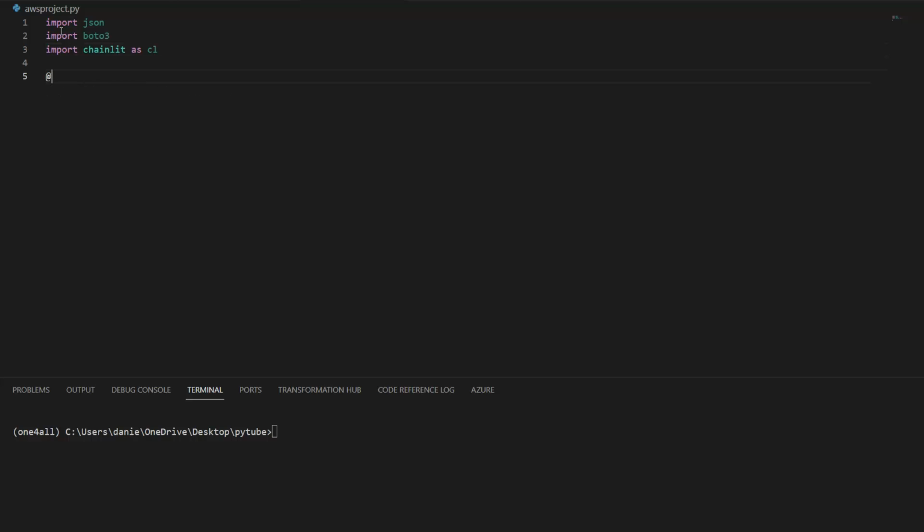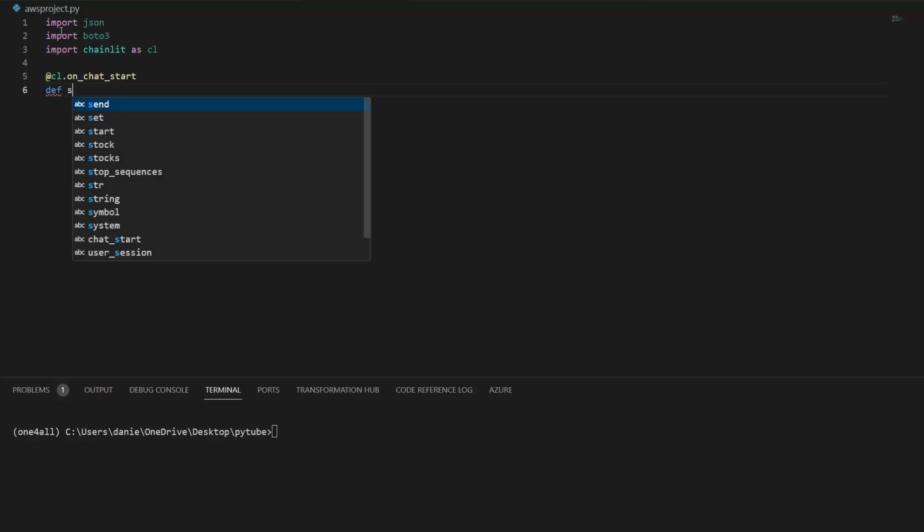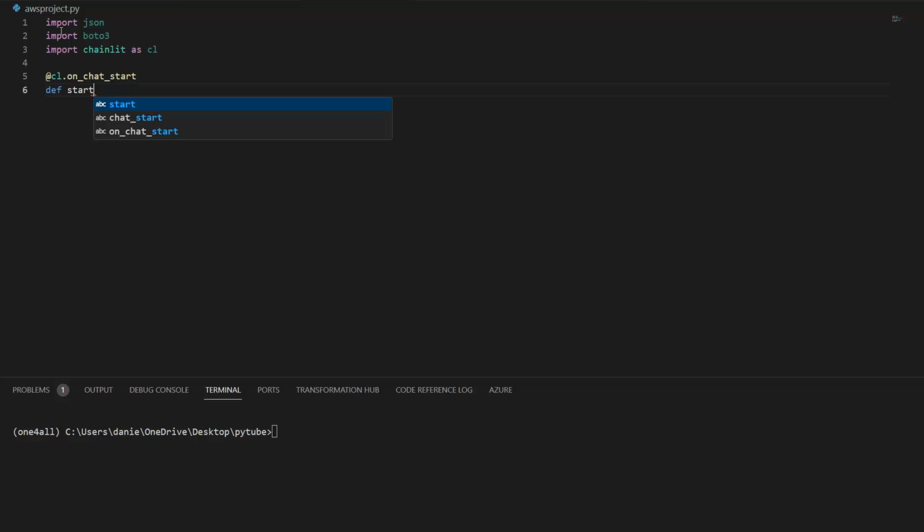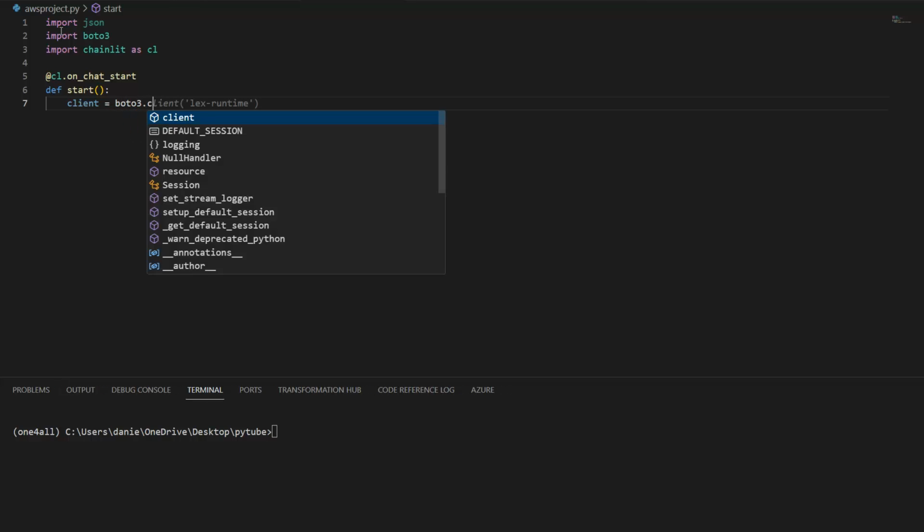So for that, I'm going to say cl.onChatStart. You can see there are various ones, but I want to use this one. And then I need a function, so I will just call my starting function start. And then for that, I want to at first start my client. So in this case, let's say client is equal to boto3.client,